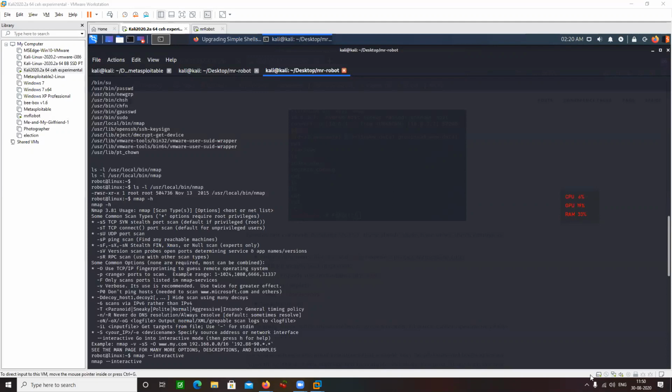So I have a question in the chat, sir. Tips for exam. Which exam? Security Plus or OSCP? Which exam are you talking about? Security Plus? No, you do not need any tips for Security Plus. It's very easy stuff. Just go through the material. That's all. Just read general concepts about security. And tips for OSCP?